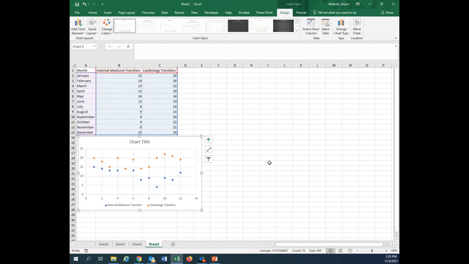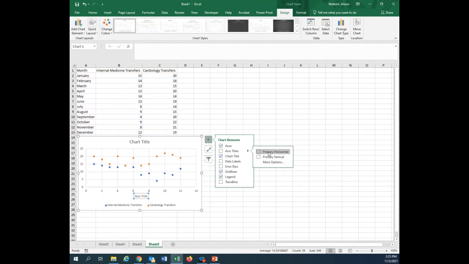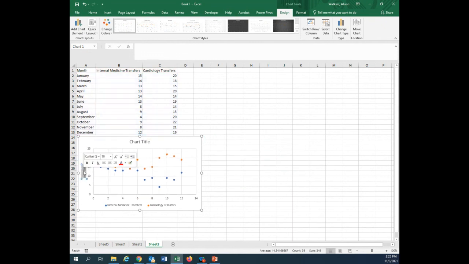Make sure I had all the same data. Yeah, they want me to put in some data labels, so I'm going to add axis titles, specifically the primary vertical, which is the y-axis, and I'm going to make this